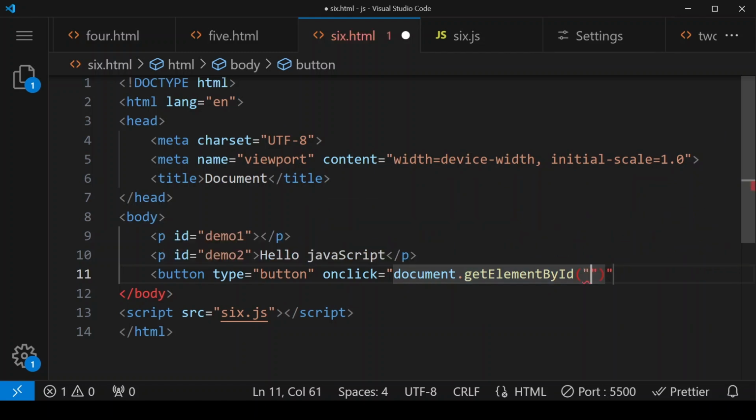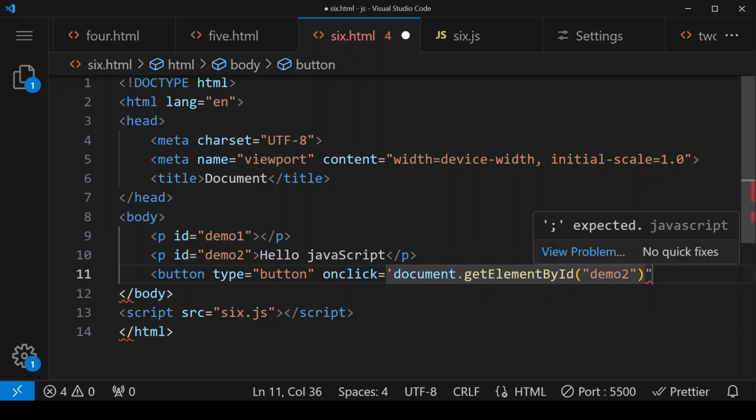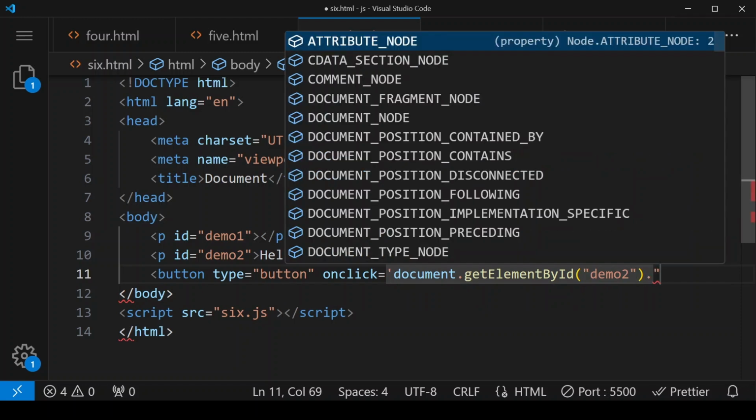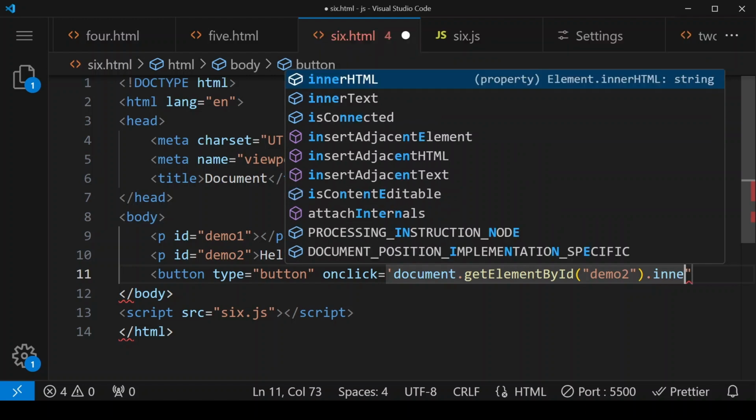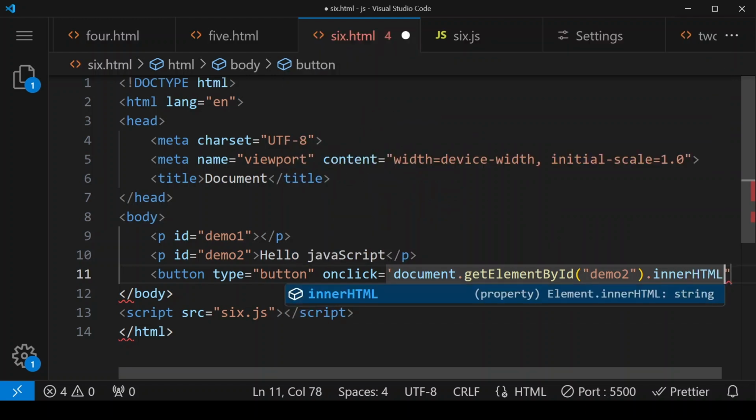So here I'm saying demo2 in single quotes, dot innerHTML